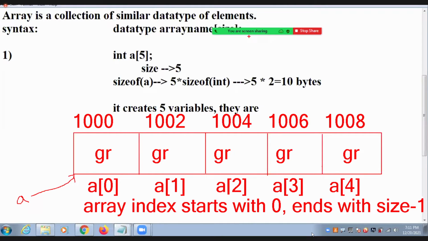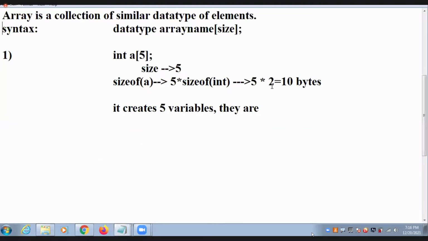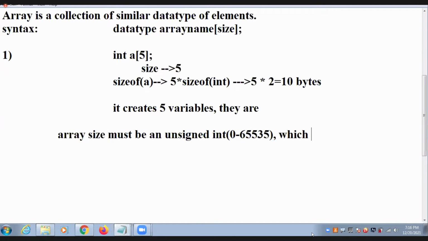This diagram is completed. Next one. Array size must be an unsigned integer which is greater than 0. This is the unsigned integer range.